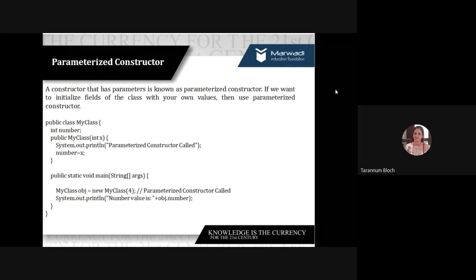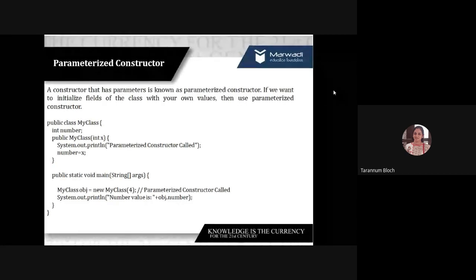Okay. So you can see here public static void main, and in that I have created the object. So obviously that is equal to the parameter, and as it is the parameterized constructor, I have given value 4. Can you see that? I'm talking about the second last line of the code. MyClass object is equal to new MyClass 4.